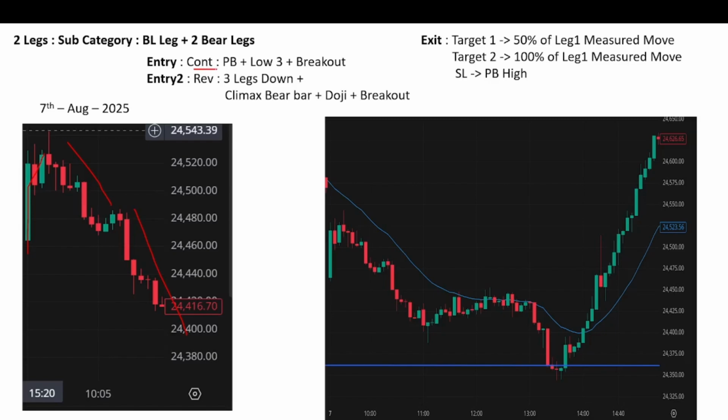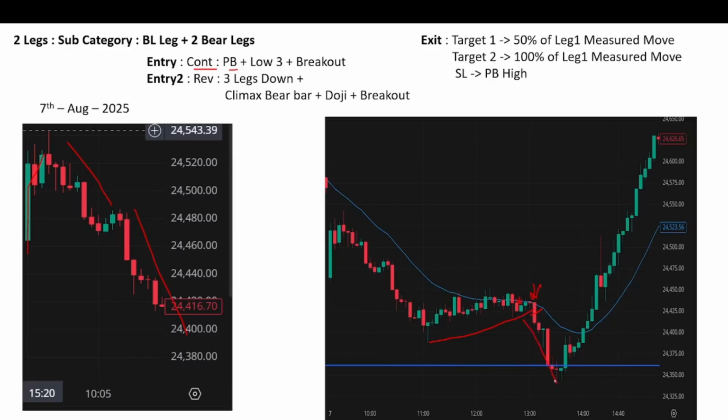Let's see that. So August 7th we had bull leg followed by leg 1 bears, leg 2 bears, and first trade is continuation. So we should expect a pullback and low 3, low 1, low 2, low 3. You will enter here or here,